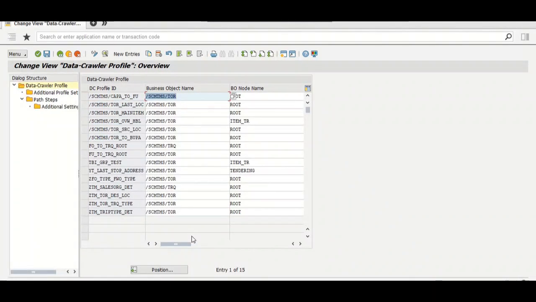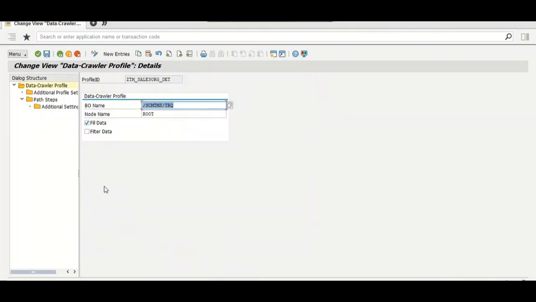So I'll just give you a brief about the data crawler also. So this is one data crawler which is defined to get the data on TRQ root level. Okay, ZTM sales or DET is a custom data crawler profile defined. In the path steps, we'll be able to see the data is coming from where to where. So if we go to path steps,